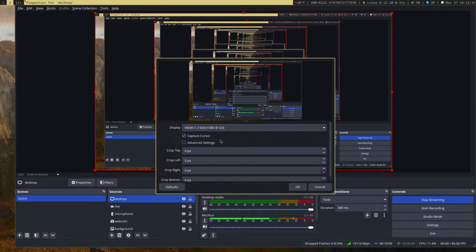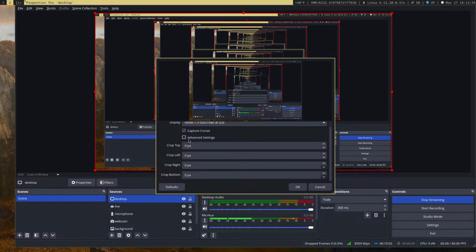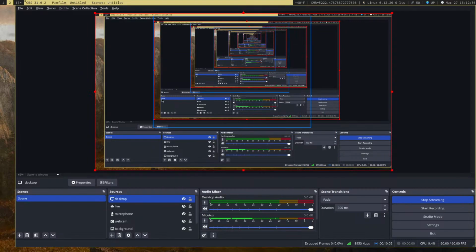I'll briefly stream my desktop just so you know we have something going on right now. Let's see. Display capture. Desktop. This one. Settings. Okay, cool. Yeah, this is a bit trippy.